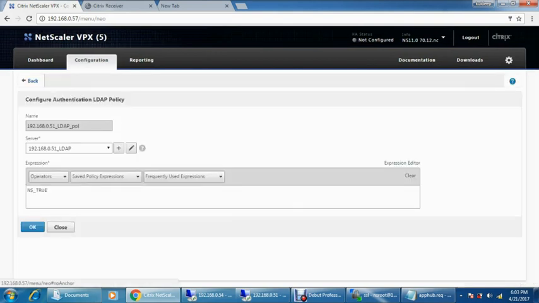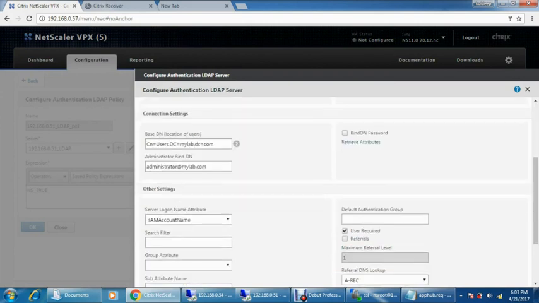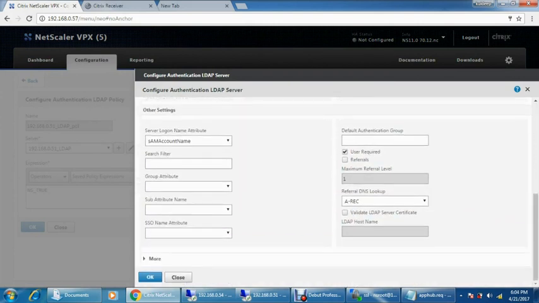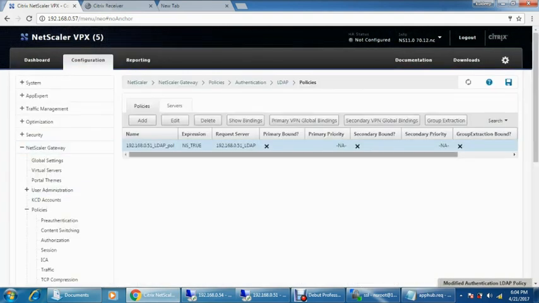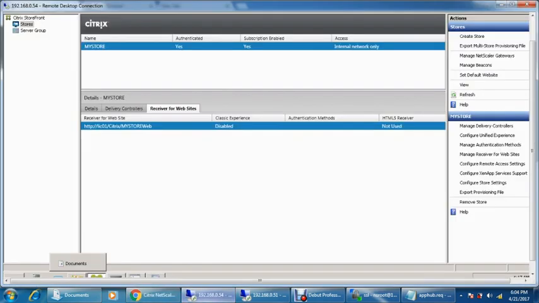We can see the authentication method, the LDAP policy is here, which we applied as a member of CN in the policy,